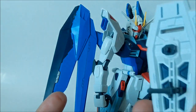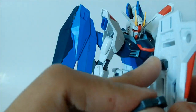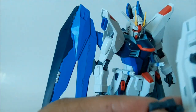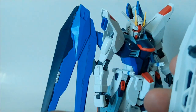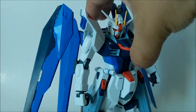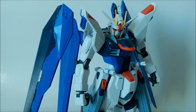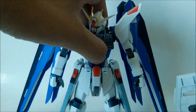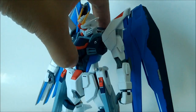You can position it like that, or you can just have the shield pegged into his forearm, and it can rotate in the hole that it's inside, and then you can just place this to store so that it's not in the way, and maybe you can have your Freedom hold on to maybe a beam rifle, a beam saber, and have a shield on at the same time. So you've got lots of playability, but to show you guys how to put it on,